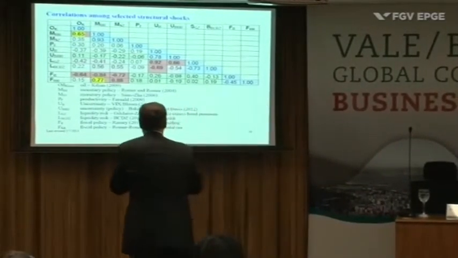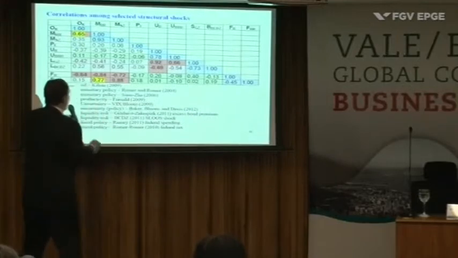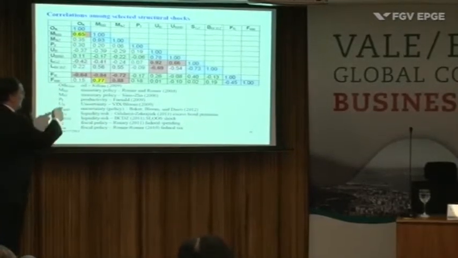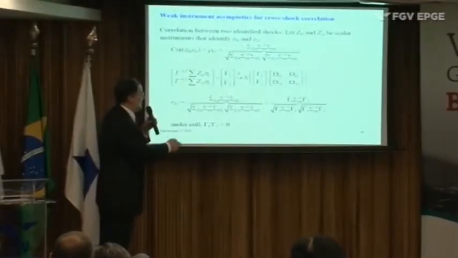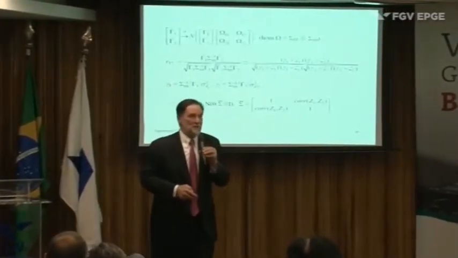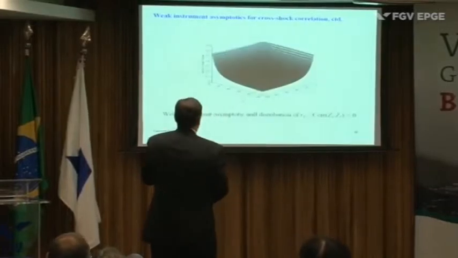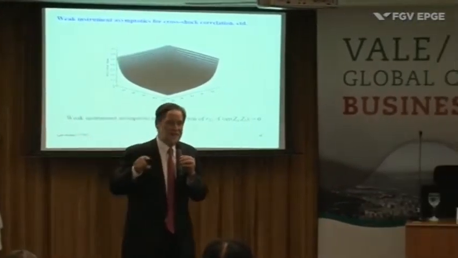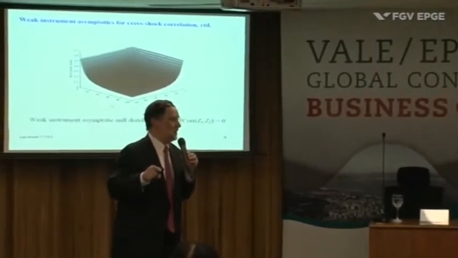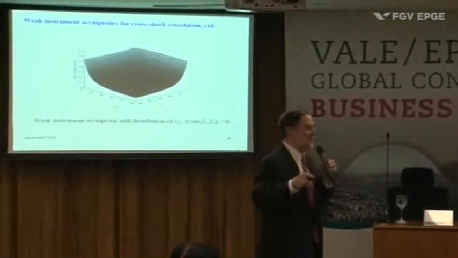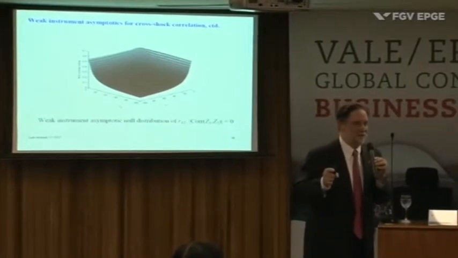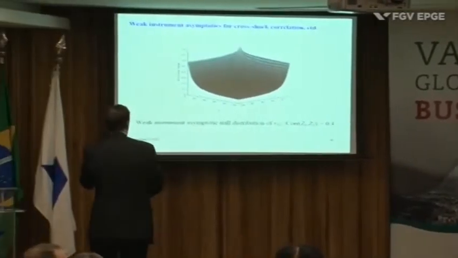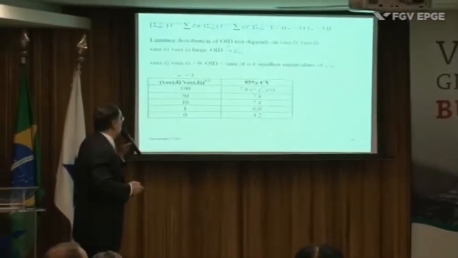So what one needs to do is to go through and work out the distribution of the sample versions of these, if you've got weak instruments. That's done here. I'm not going to take you through this, but the bottom line is you can find shocks that appear to be very highly correlated, even though the instruments are valid, if they turn out to be weak. So one has to do inference here very carefully. Given the time, I'm not going to go through that. Let me just go through